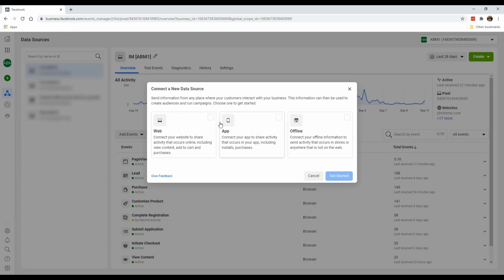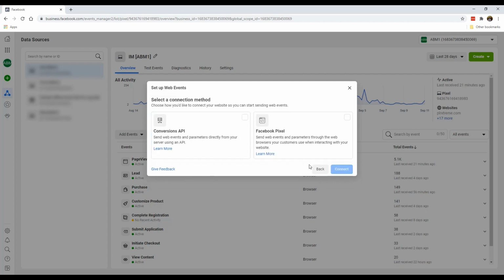So just follow me step by step on this. Now I have to say that before this video was recorded, adding a Facebook pixel used to be a step simpler, but not to worry, it is still quite easy to do, all right? Just with a bit of changes. So with that said, I want you to select Web, click on Get Started, and you will select Facebook pixel